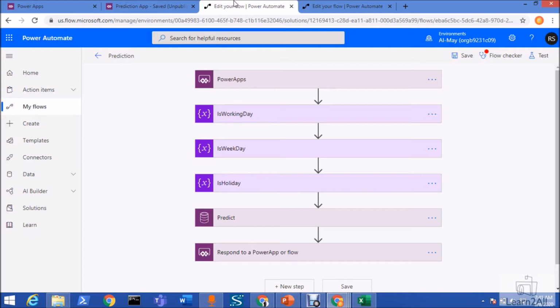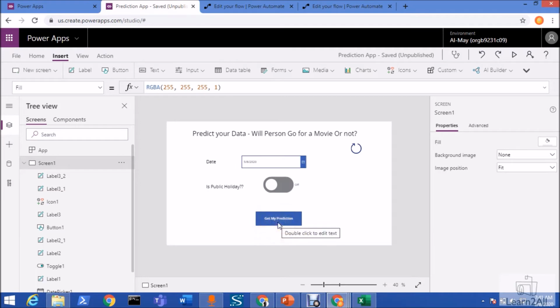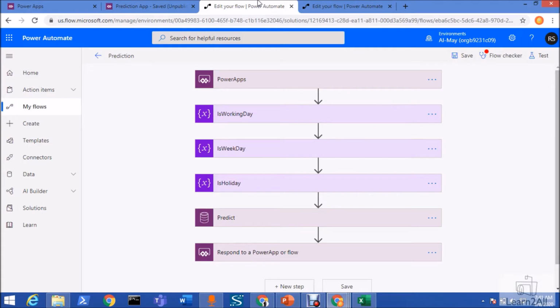The reason is that if I'm using the prediction model inside Power Automate, and I try to add the action on this button inside the Power Apps, it will throw an error that you can't use that predict action inside the Power Apps. That's the reason I need to build a separate flow to use the prediction action, and use that result as a result of the parent flow, returning to the Power Apps. So the main reason is that we need to build these two different flows.